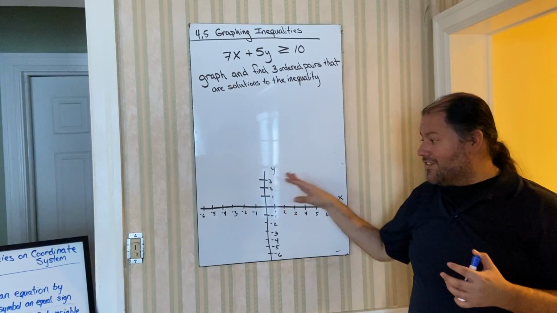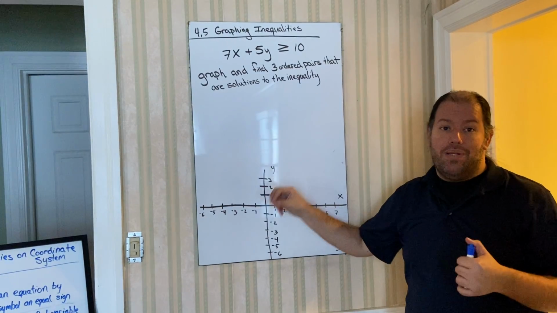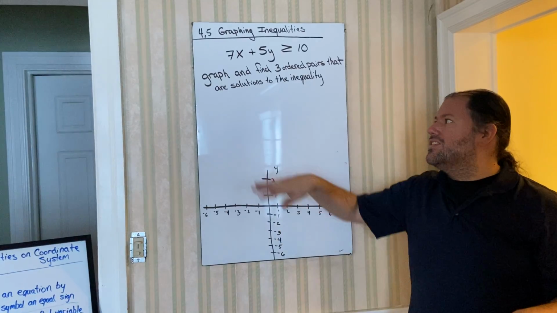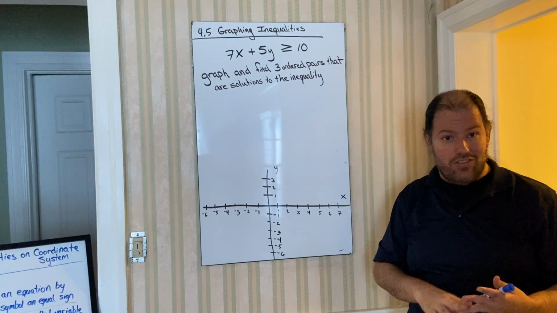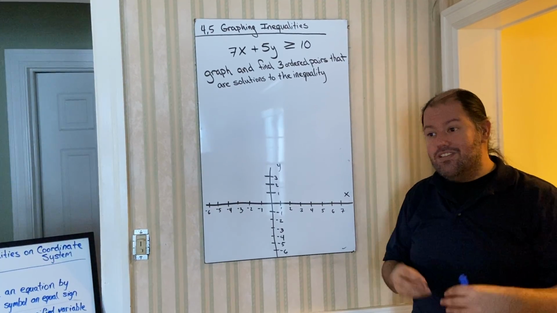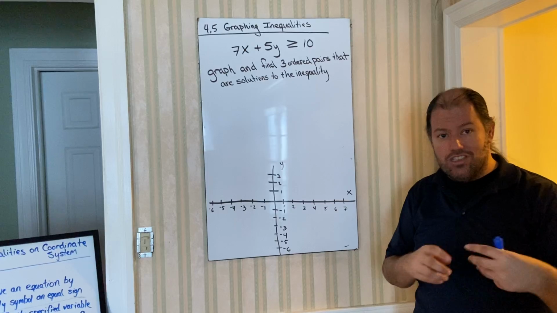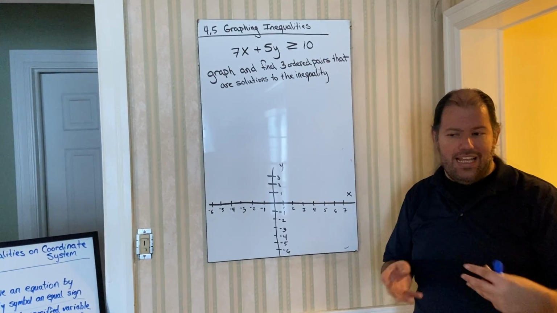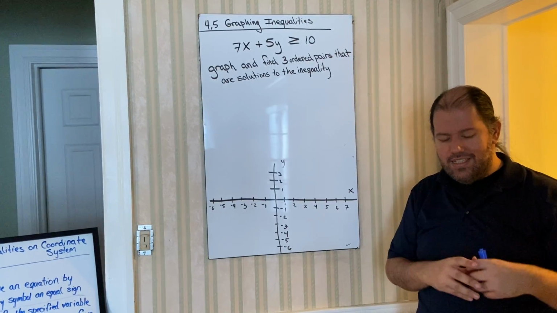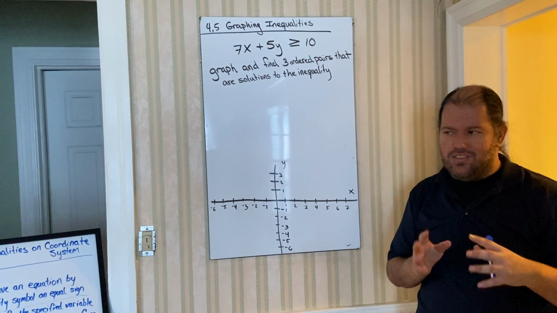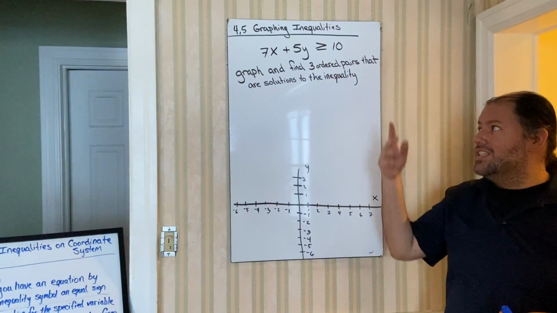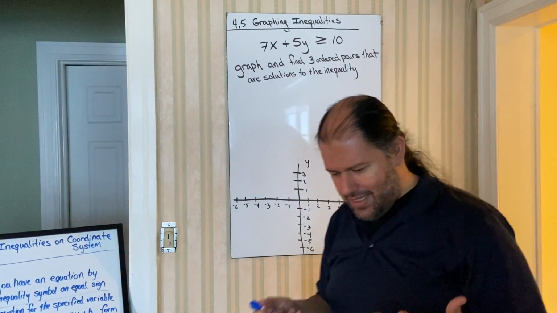If we shade the graph, then any ordered pair found in the true region would be a solution. So you still want to graph this first and do your shading, and then you just take it one step extra by looking at the shaded region and just try to find ordered pairs in there. Anything that would fall into that side would be a solution. So any ordered pair that's found in the true region would be technically a solution to the inequality. So again,